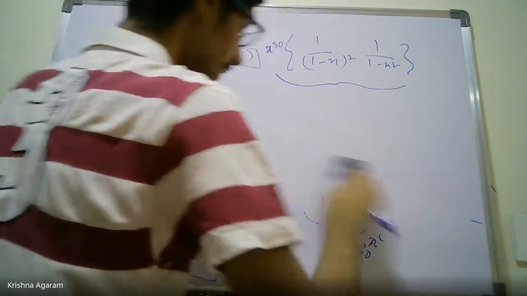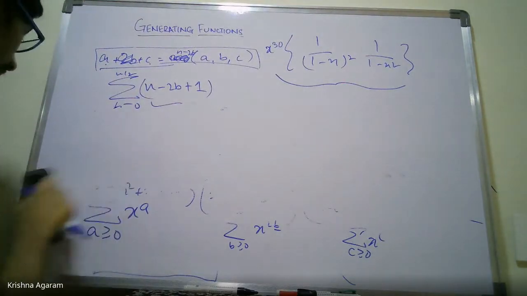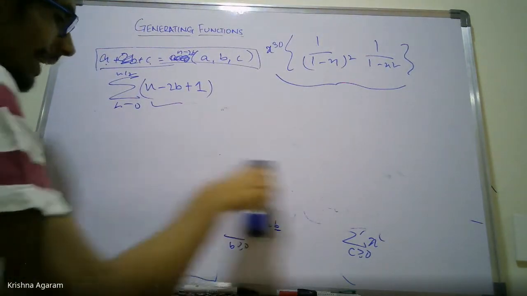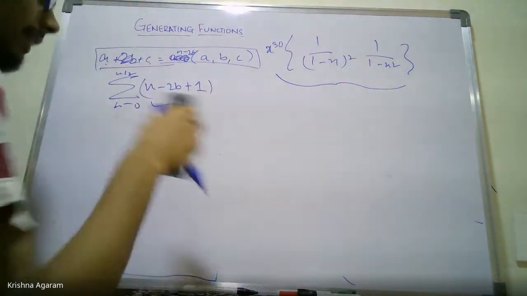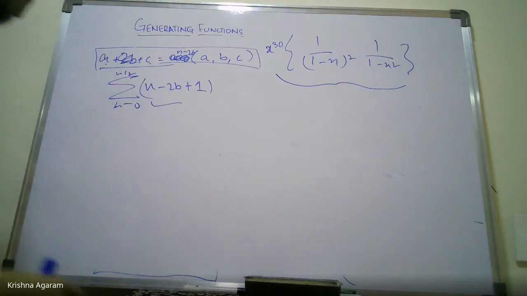So if you expand the 1 minus x squared as 1 minus x times 1 plus x, you just have more stuff in the denominator, right? And you're fine if you have a lot of stuff in the denominator and all of them are the same. Like if you have 1 minus x to the n in the denominator, that's really good. You can just move it to the numerator with the n plus r minus 1 choose n minus 1 thing. We already know that. So what you want is some same things in the denominator.